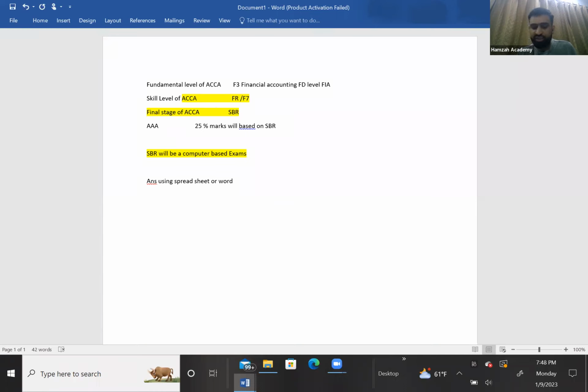So, if we discuss the exam structure, dear students, your exam will consist of two parts, part A and the second one part B. So your exam will consist of two parts, part A and part B. Now, if we discuss part A, in part A, question 1 will be of 30 marks. The first question will be of 30 marks, and this first question will be from